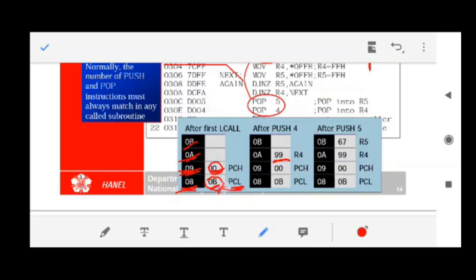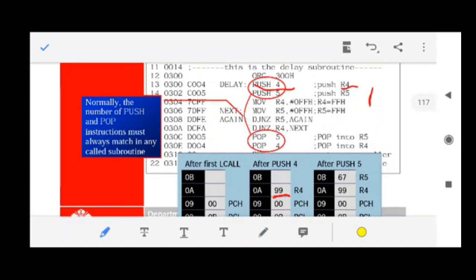So the lower byte of program counter moved here, and the higher byte of program counter moved here. Now we will come back to our push and pop. So this value is because of the long call. And now what has happened because of push? What has push done? Push wants to move the value of R4 into the stack.